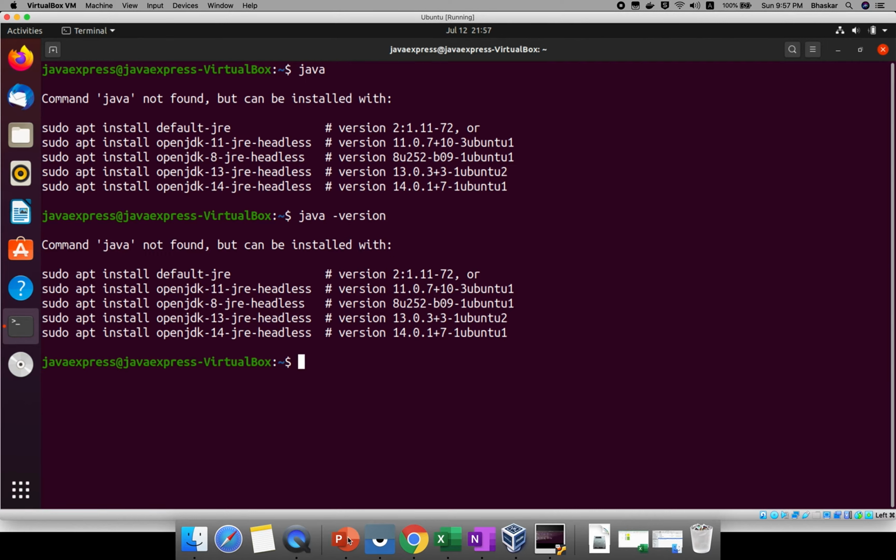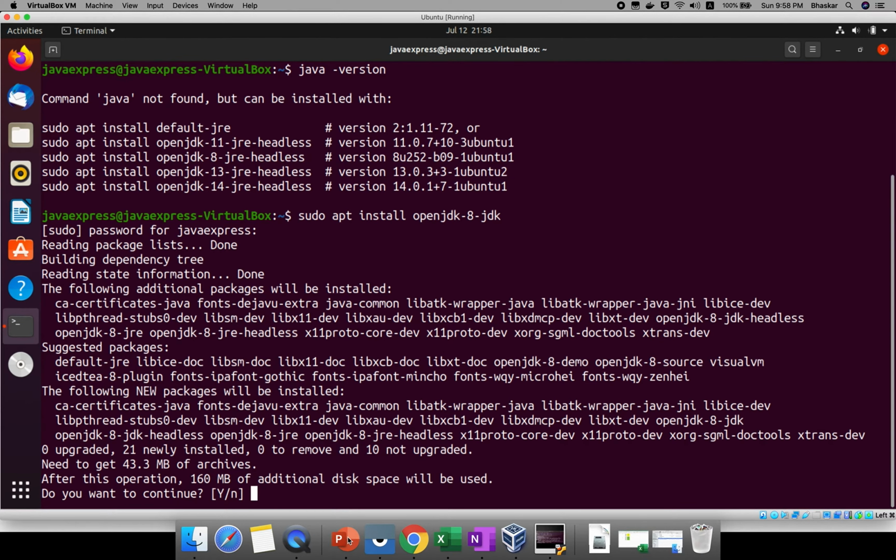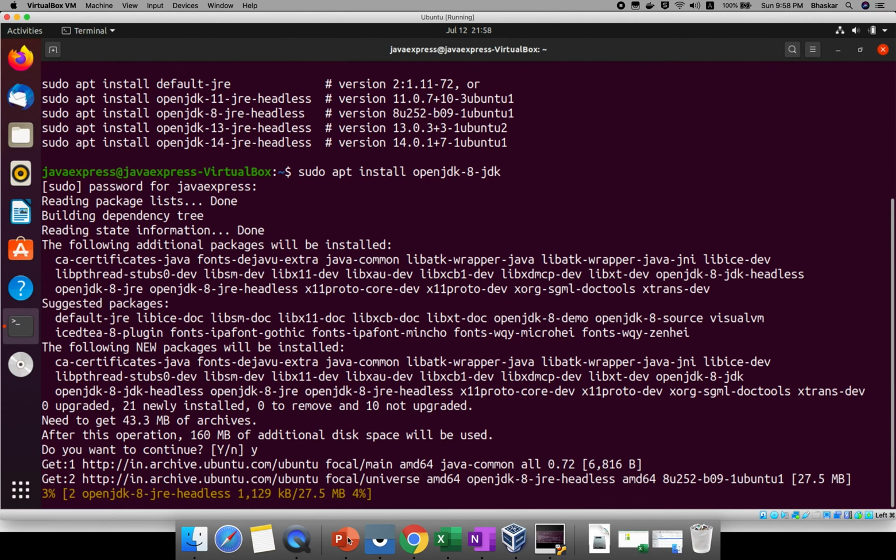If you want to install Java, you can use sudo apt install openjdk-8-jdk. I'm installing version 8. You need to provide your username and password, and it will install the Java software. It will take a few minutes, depending on your internet connection.